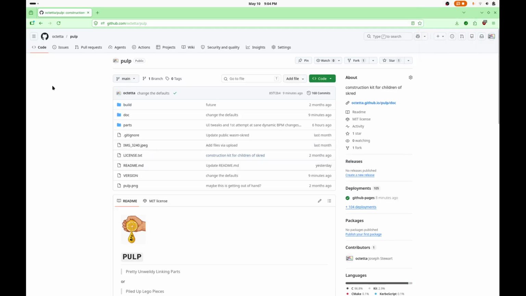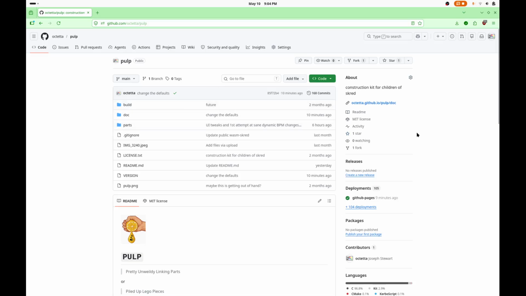All right, so here we are again, and I added a couple of neat little features to the web Skred page, and I just thought I'd show them off. So I thought I'd take you from the very top of this. All the code for this is on my GitHub page,